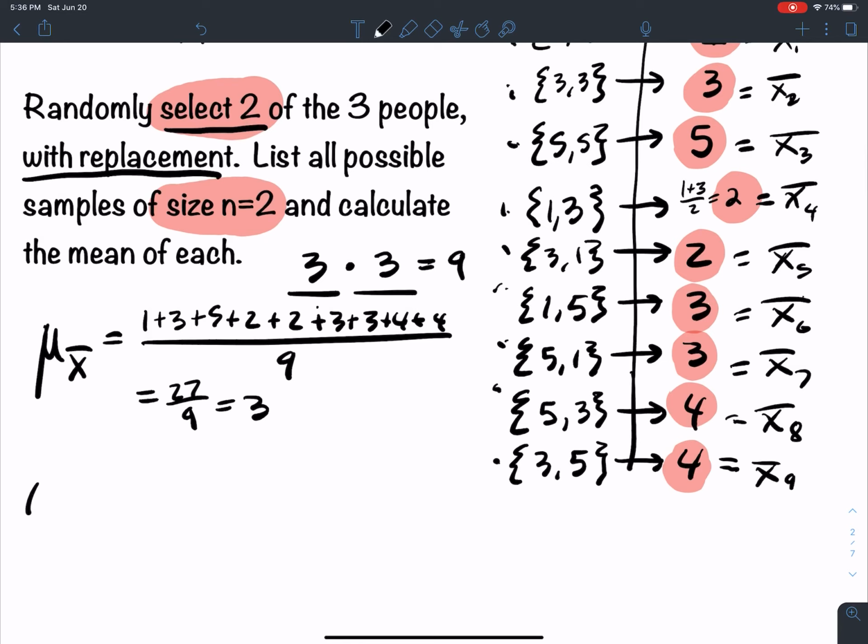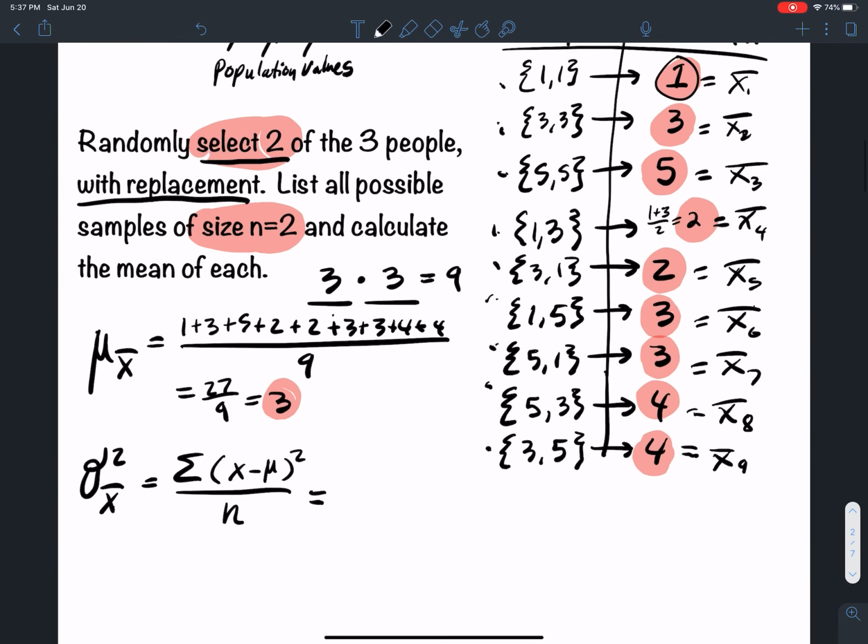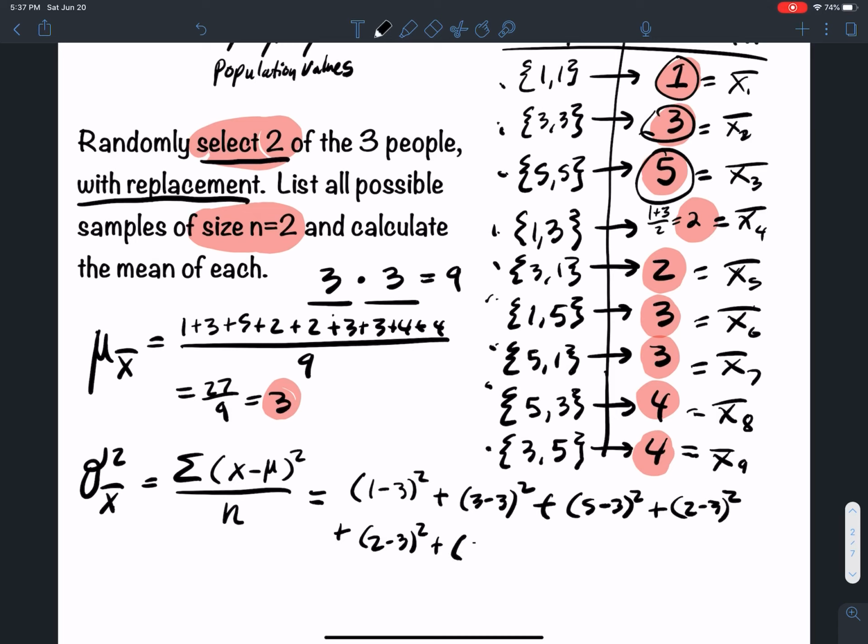Okay? The standard deviation of the sample means is the square root of the sum of x minus the mean squared, over n. So let's do the mean here. Well, my mean is 3, so the first value is 1. So I do 1 minus 3 squared. And the next one is 3, so 3 minus 3 squared. And then I have 5 minus 3 squared plus 2 minus 3 squared plus 2 minus 3 squared plus 3 minus 3 squared plus 3 minus 3 squared plus 4 minus 3 squared plus 4 minus 3 squared,